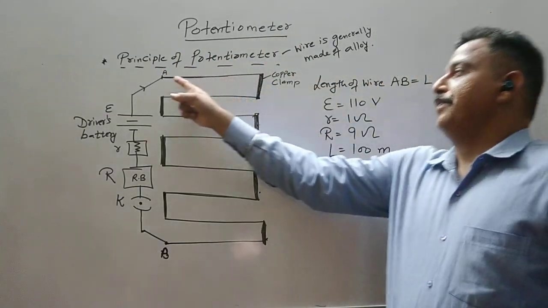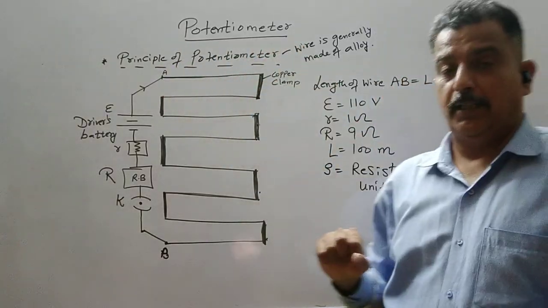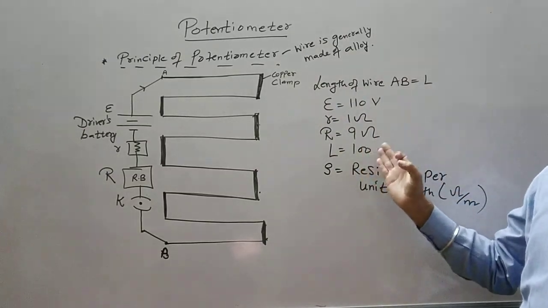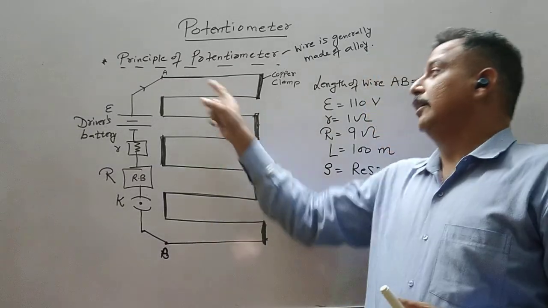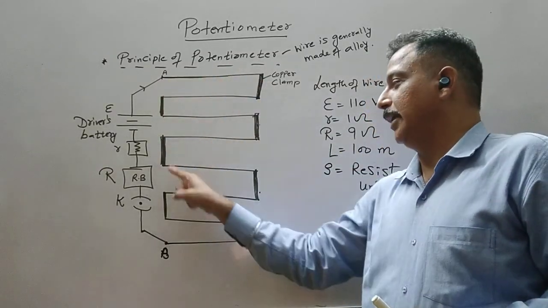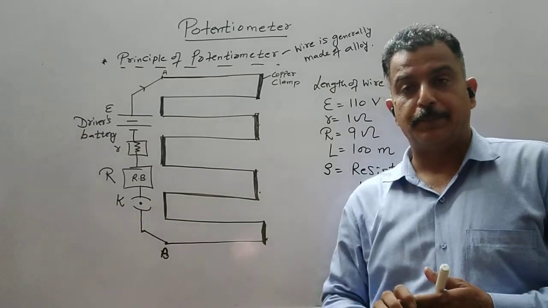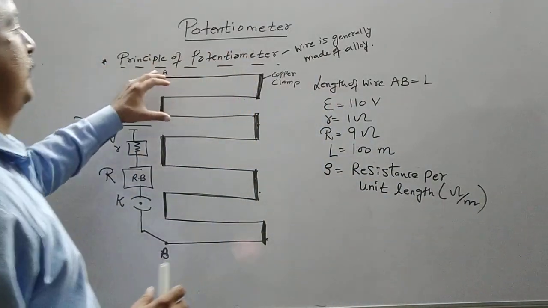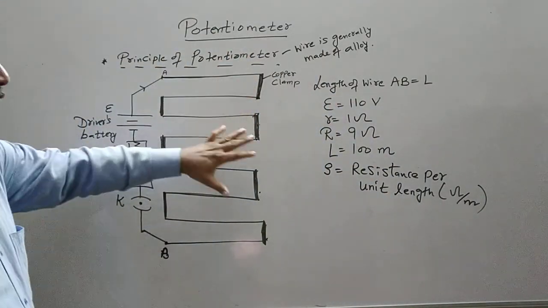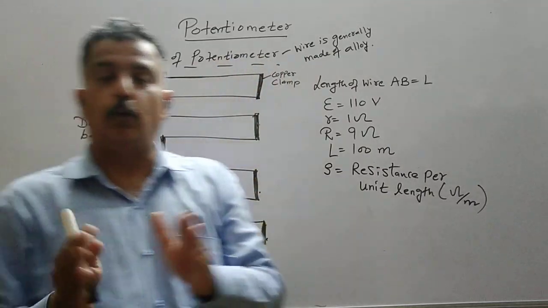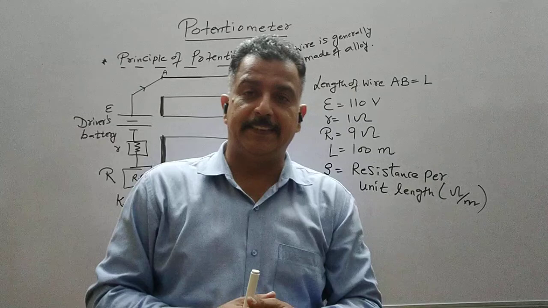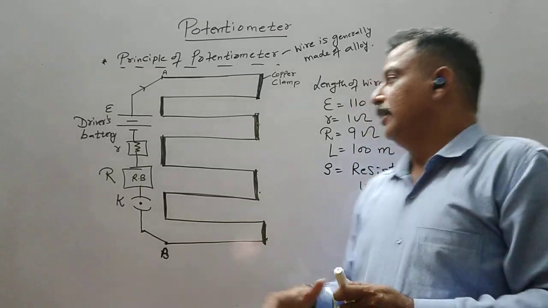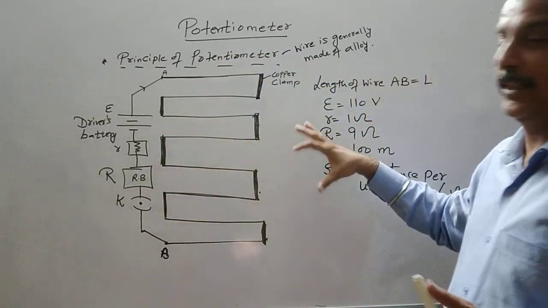So suppose there is a scale below this wire of 1 meter, and this is a very long wire I have taken as an example. If the wire is of 5 meter, then 1 meter, 2 meter, 3 meter, 4 meter and 5 meter, which will be connected to the key. So below this wire we have a meter scale. These wires are clamped on a meter scale and the entire arrangement is mounted on a wooden block. We will see this in the laboratory when we go to perform an experiment. So for the time being, I am not drawing the meter scale or the wooden block.